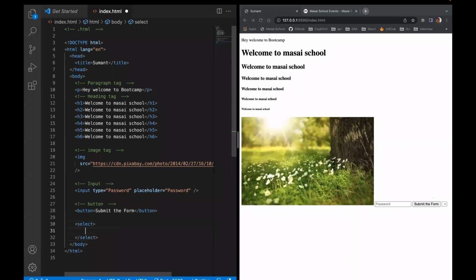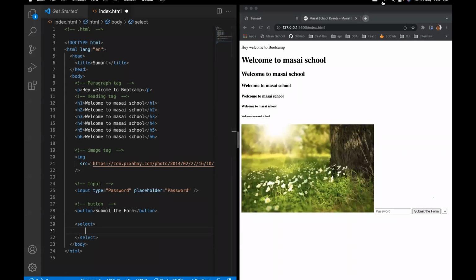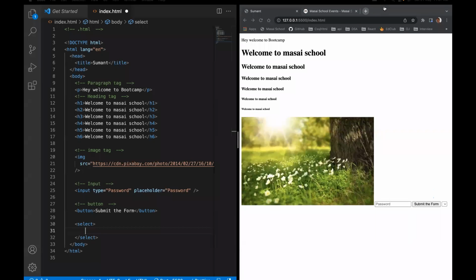So the select tag gives you an option to select. Basically, inside the select tag, you provide the user with options, like yes, no, something. Right. So if you provide an option,